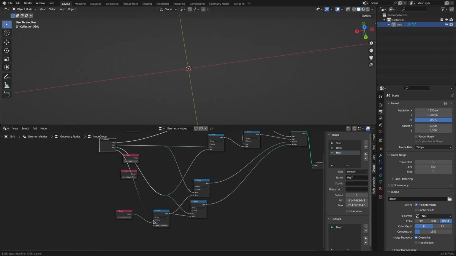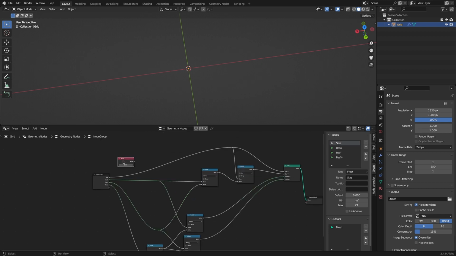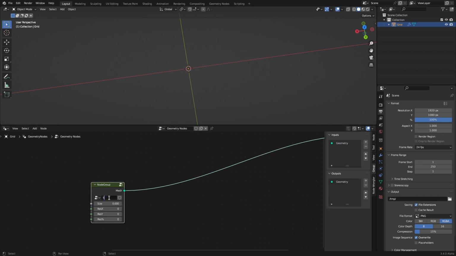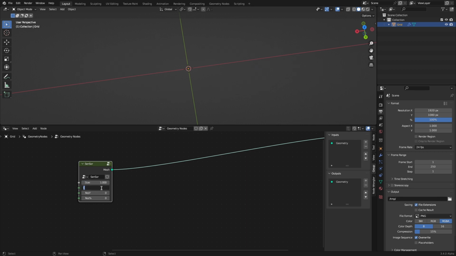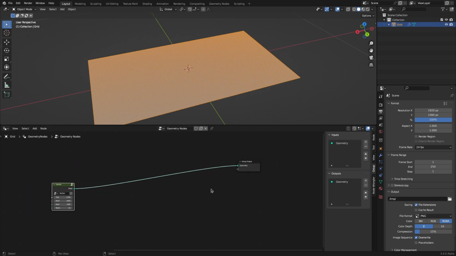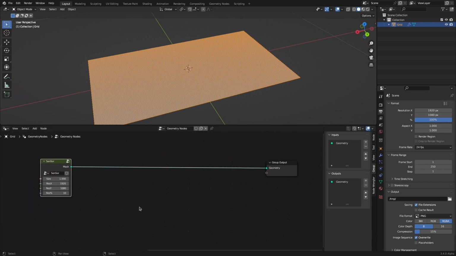And the percentage. Let's name this sensor. Give it dimension. Oops. Good. So I was saying